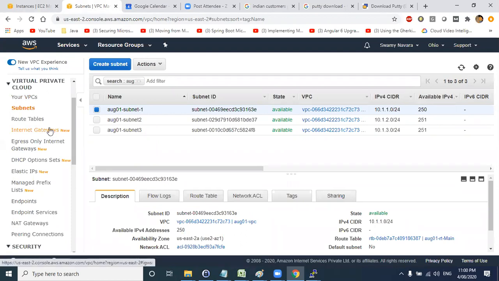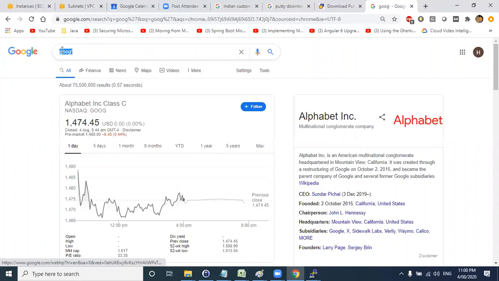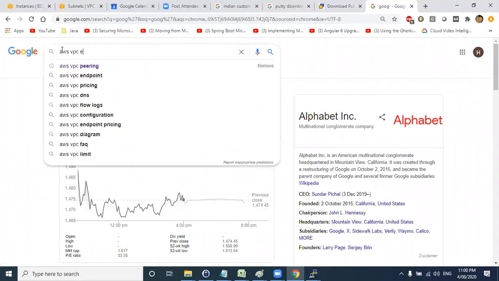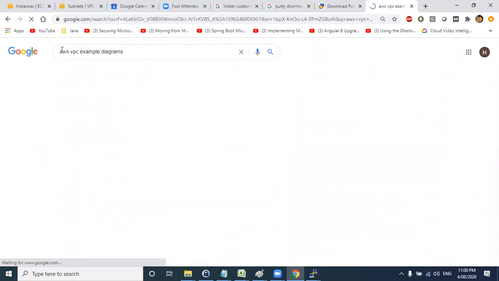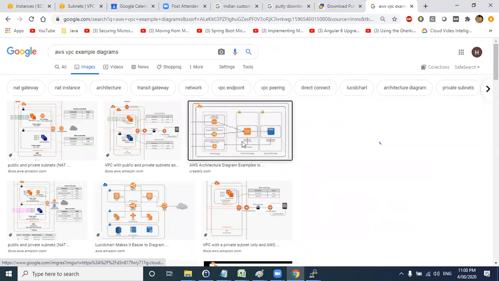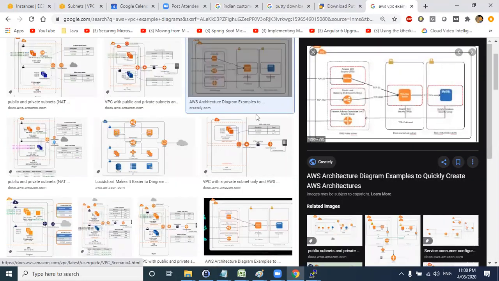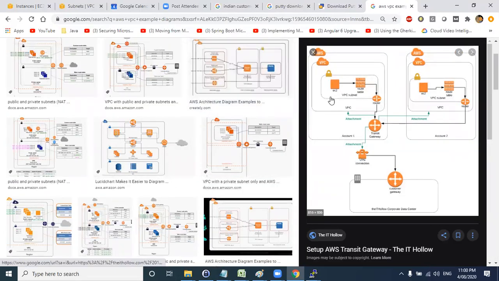You do it 3 to 4 times. So if you go and check here, AWS VPC example. So select any one of the images like this. Okay. Let's say this one.